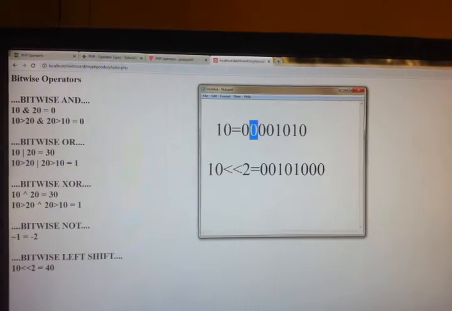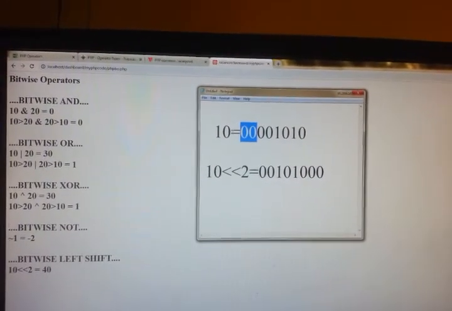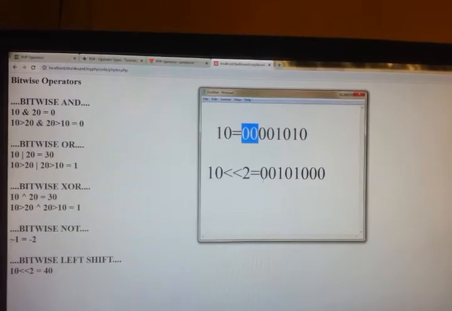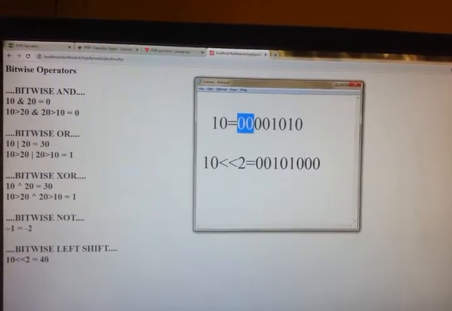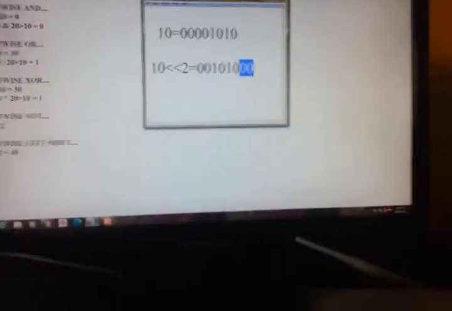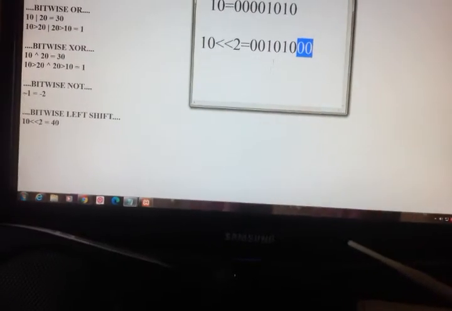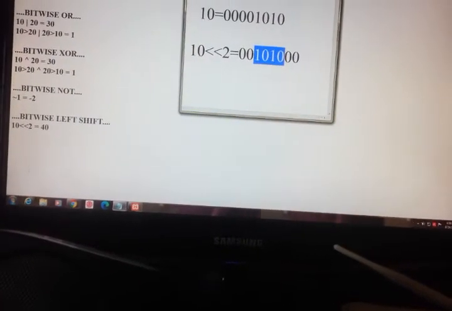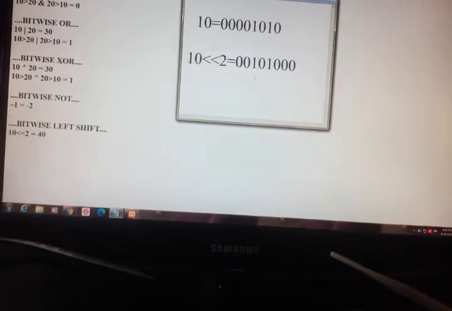Here what we have done, we have moved this left 2 digits, so these 2 zeros are removed. So we got 0 0 1 0 1 0, and these 2 we have to add to make it 8 bits. Then you see this 1 0 1 0 0.